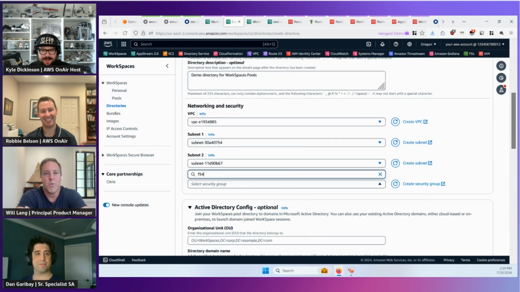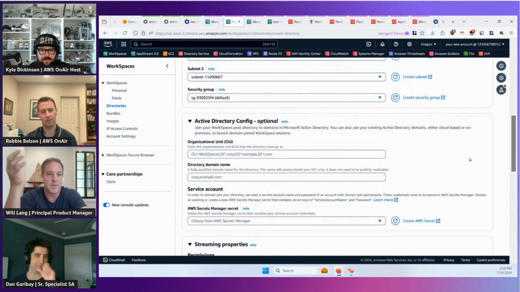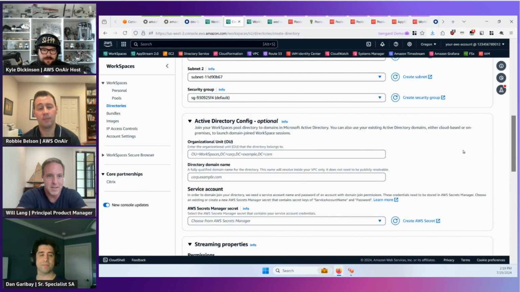Maybe you demo, I could talk, and we can play. But one thing I want to call out is that, as Dan mentioned, in the personal and pools, with the launch of WorkSpaces pools as a feature of WorkSpaces, we were kind of like, wait a minute, we now need to differentiate what the existing WorkSpaces are. So that's where we introduced the term personal, which is really common in the industry.